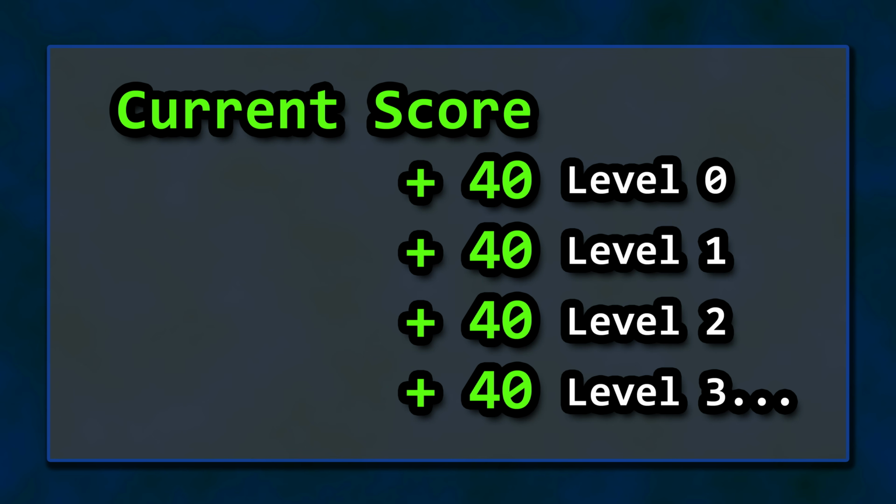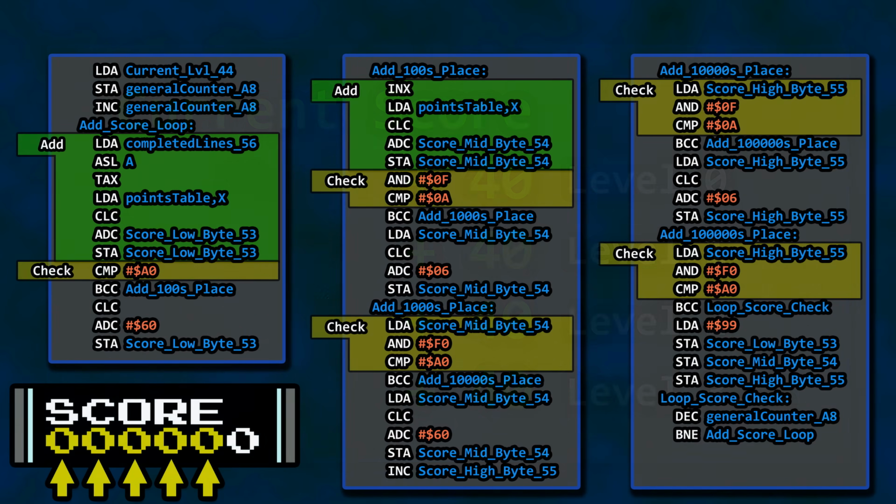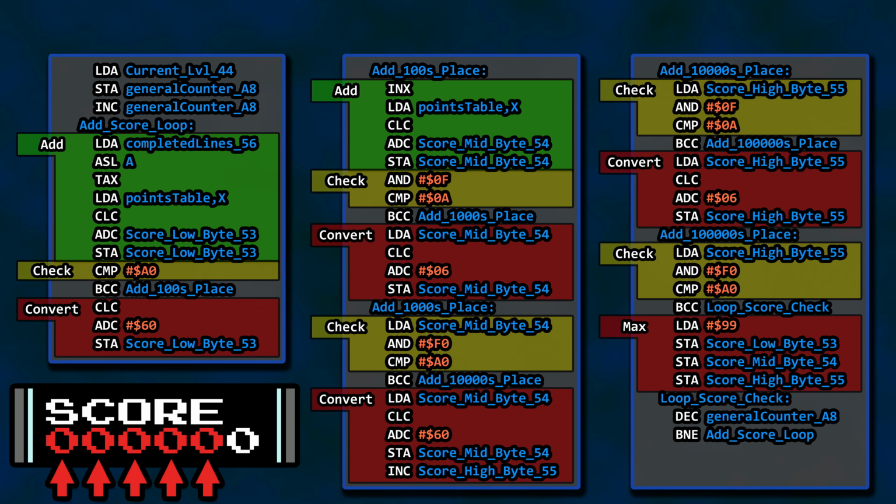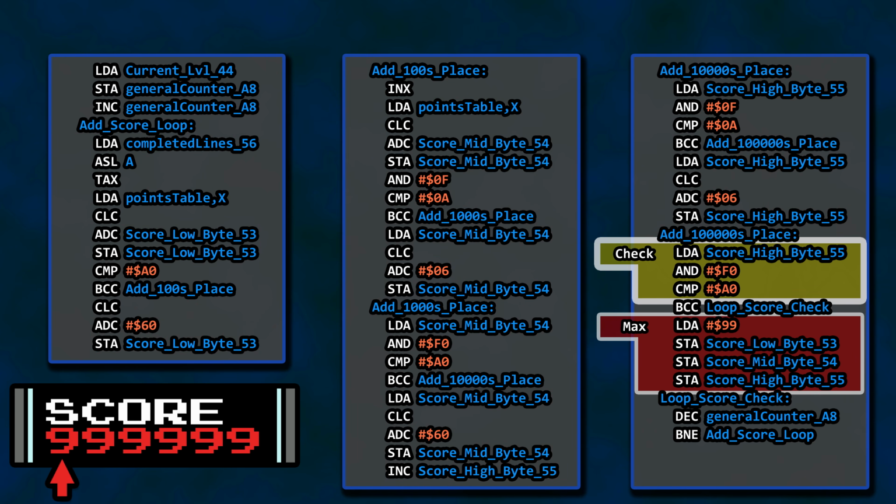As you know, we aren't just adding the same number 4 times, we also check for A through F on each decimal place and perform a conversion when necessary each time we do an addition. Despite the fact this is horribly inefficient, Programming elected to use it under the assumption that no player could ever reach a level high enough where scoring logic becomes a problem. There is code that recognizes that the score has maxed out and sets each of the